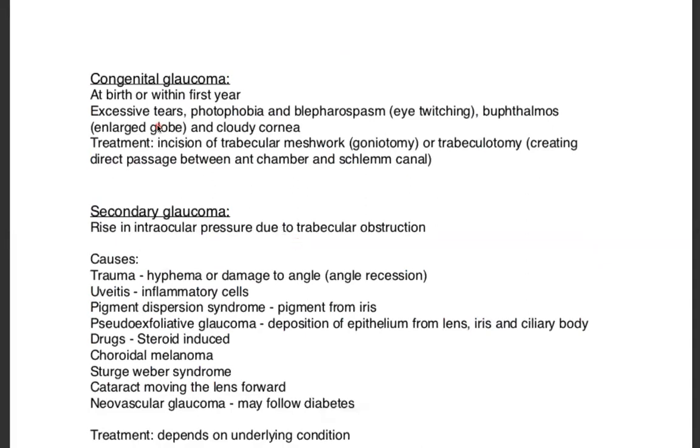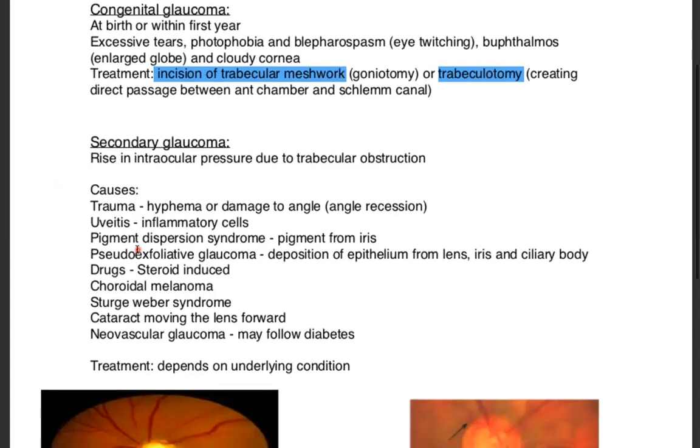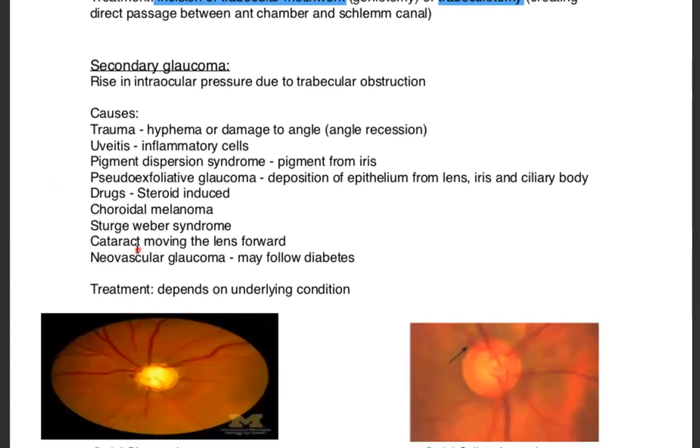In congenital glaucoma, it happens at birth or within the first year. Not that important. The important thing is that in this case we do an incision of the trabecular meshwork or a trabeculectomy, which creates a passage between the anterior chamber and the Schlemm canal. It's just surgical management. In secondary glaucoma, which is also due to trabecular obstruction, the obstruction happens due to